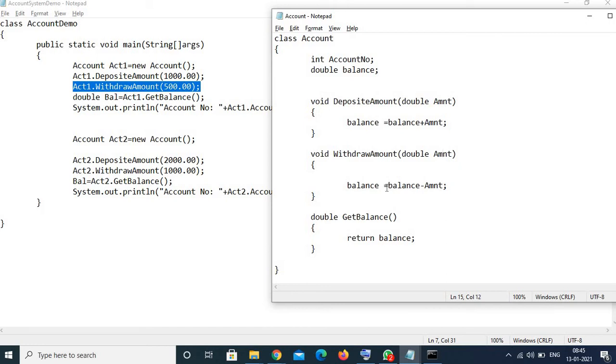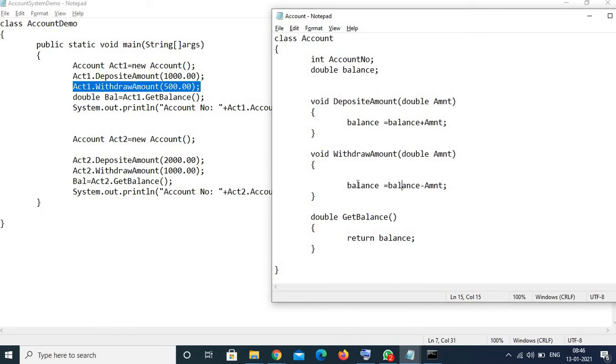Here again, balance will become ACT1 dot balance, as withdraw amount has received the reference of the ACT1 object. So ACT1 dot balance minus AMNT, that is 500. After we deposited 1000 rupees in the previous statement, the balance has become 1000. So 1000 minus 500, now ACT1 dot balance will get set to 500.